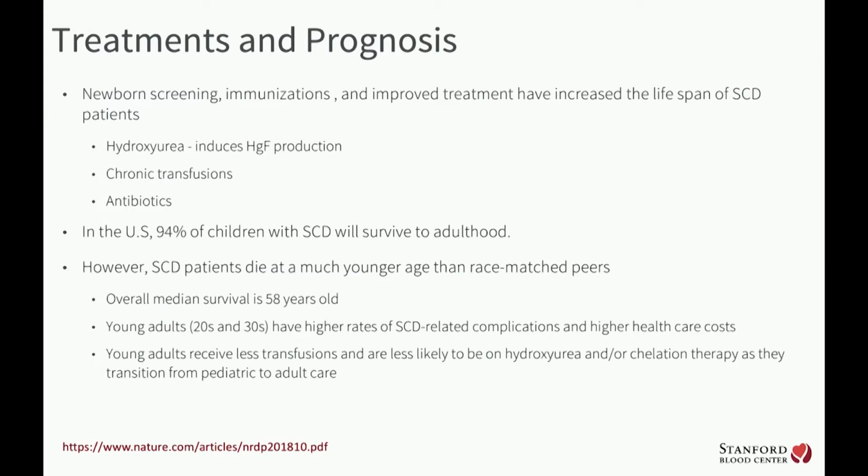I'm going to be talking a lot about hemoglobin F because that is one of the mechanisms by which gene therapy is working. Hemoglobin F is a hemoglobin we all have when we're babies. But as we get older, it's replaced by hemoglobin A. And in sickle cell patients, hemoglobin S. But hemoglobin F, if you increase that production, it actually inhibits hemoglobin S. So by doing hydroxyurea pushes up hemoglobin F levels in adults and thus decreases hemoglobin S and helps to treat